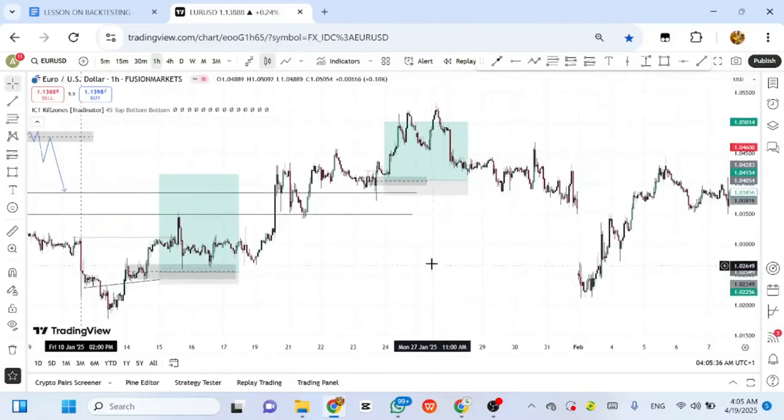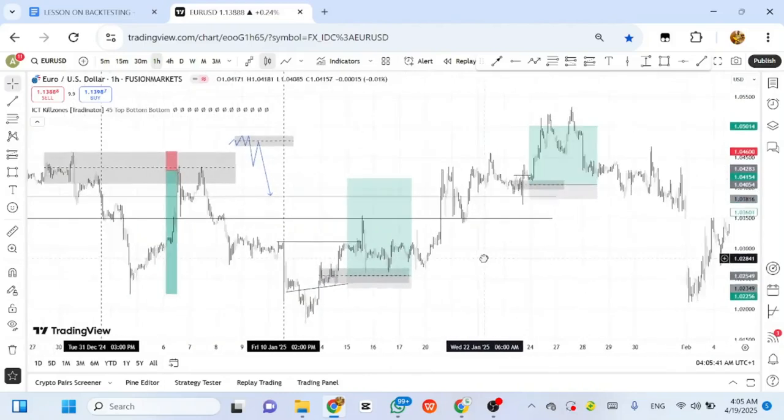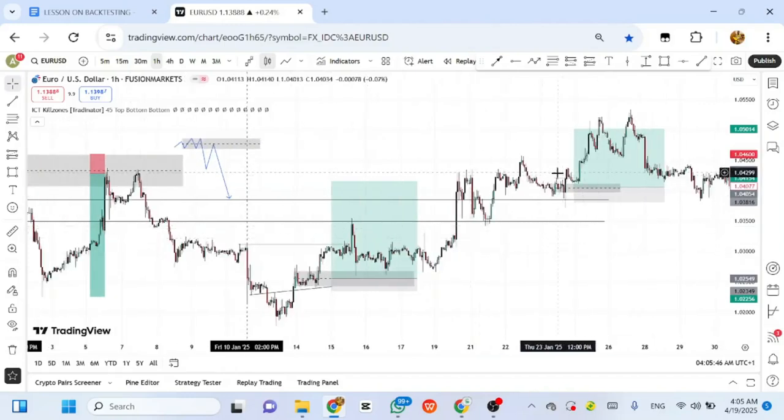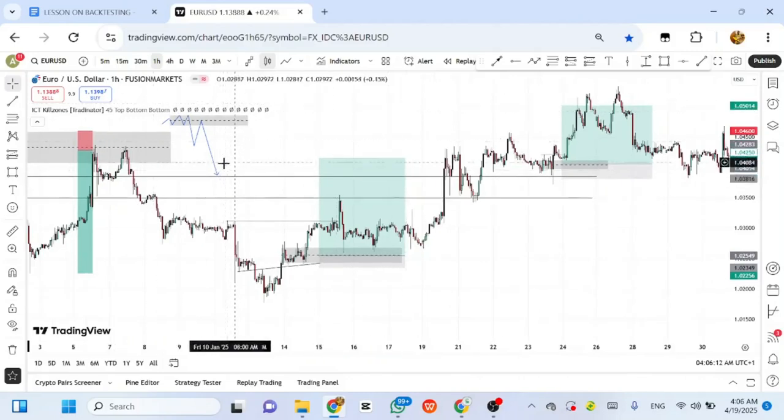So please, this is what I want you to know. Please note this. You want to be interested in quality and not quantity. You're not just trying to catch every move, but you have a system. You're working according to your system. That is what separates professional, good, successful traders and the rest. You are not just gambling your way into trading, but you are using your system and applying your system, right? Yes, that is what will make you successful in the long run. That's what will make you successful, and this is the system we are applying.